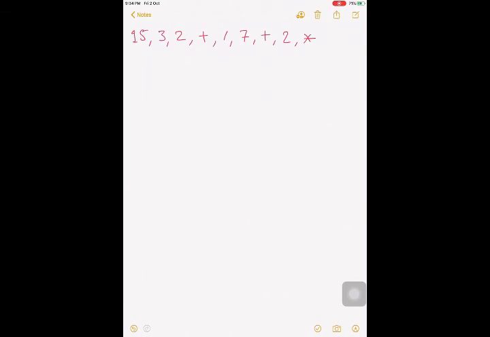Okay, let us take another example of the evaluation of postfix. This is the question, and we have to get the answer of this postfix expression. We have put commas additionally between the numbers and the symbols so that the combination doesn't confuse us. So let's start. Let us make the table of symbol, stack, and calculation.